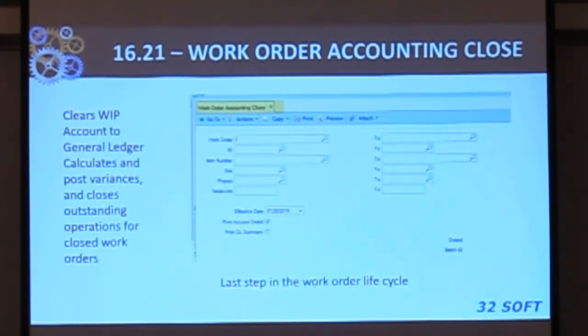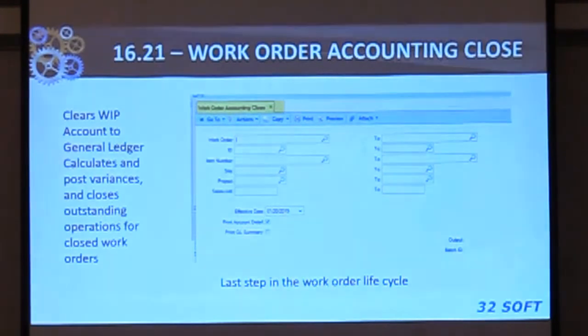And then finally, the last step of the work order cycle is 16.21. And 16.21 takes all of those variances that you've created in the work order, your flow stock, your material rate, usage variance, subcontract, etc., cleans out that from the WIP account and debits then the variance accounts that you again defined in that